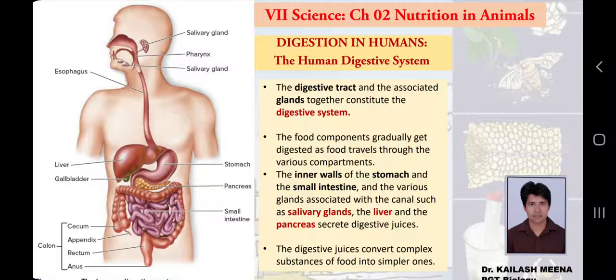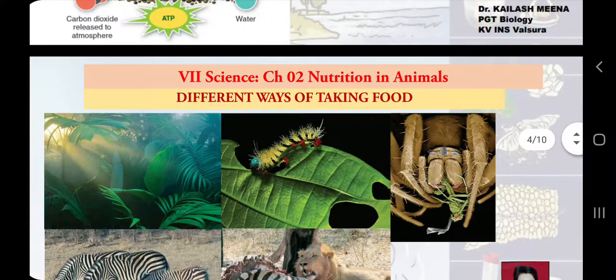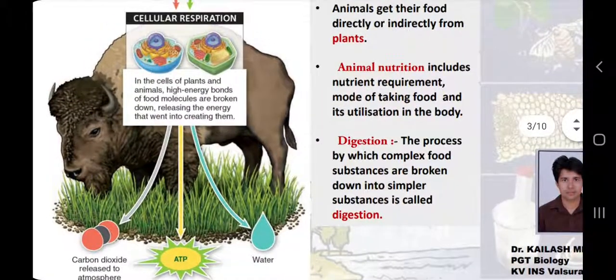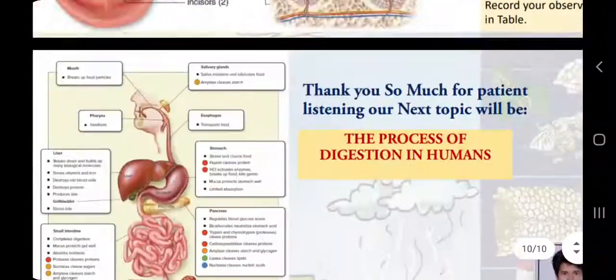So the function of the human digestive system is to digest food completely, to break it into smaller and smaller pieces, and finally into smaller molecules by the process of physical and chemical digestion. And finally our digestive system absorbs that food, and that food reaches our cells, and as I have discussed, our cells use that food for providing energy in the form of ATP molecules. This is what I wanted to convey by this presentation.